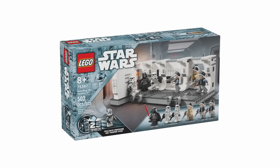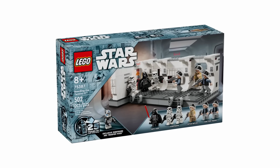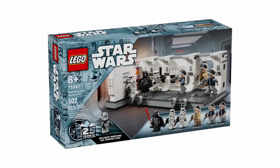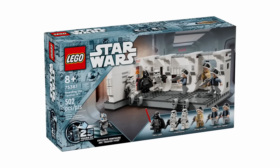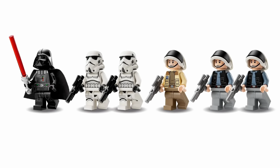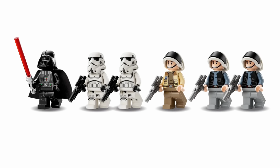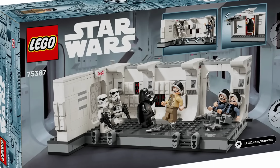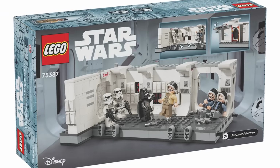Next up, at the number 8 spot, we have Boarding the Tantive 4 for $55. Now, something I've seen people say is this set is overpriced, which I never understood why people think that. We're getting 7 minifigs for $55, which is kind of a rare occurrence nowadays, to see more than 1 minifig for every $10 in the set. So I think as far as minifigs go, we got really good value with this set,